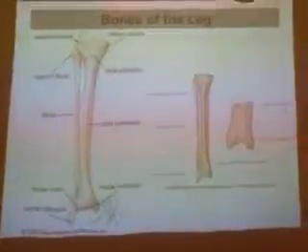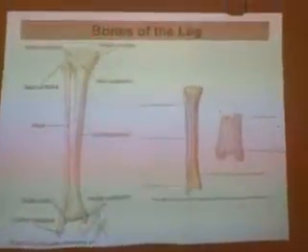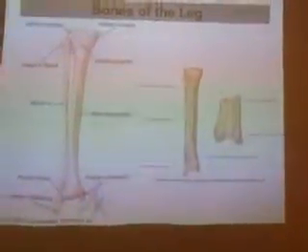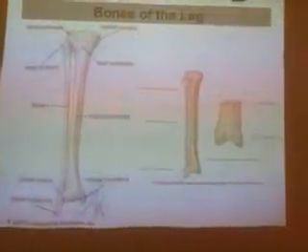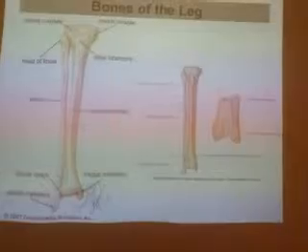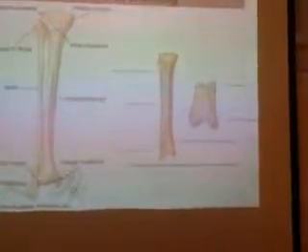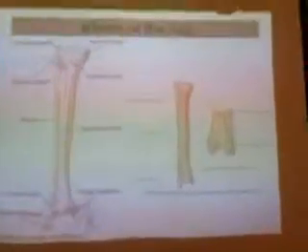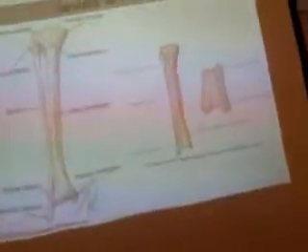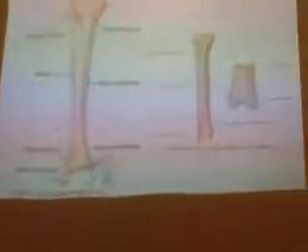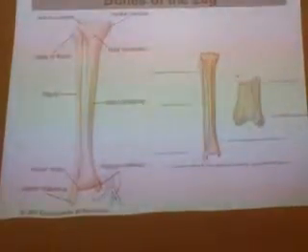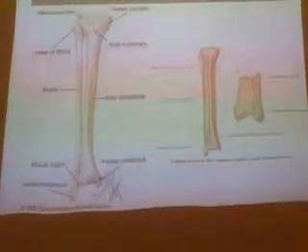All the muscles I had told you about come and get inserted to the base of the patella, and from the base of the patella it continues as a single ligament. It is called the patellar ligament because it is running from the patella. So it is nothing but the tendon of the quadriceps femoris. All the muscles join together and a single tendon runs and is inserted to this tibial tuberosity. That's why the tibial tuberosity is very important, because the most important muscle of the thigh, which extends the knee, is getting inserted to this.